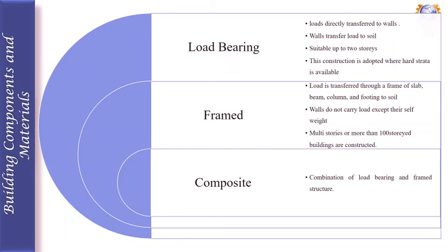The last one is a composite structure. The composite means it is a combination of load bearing and a framed structure. So this will have every advantage of the load bearing as well as the advantages of the framed structure. Okay,